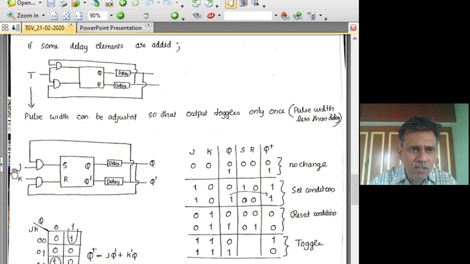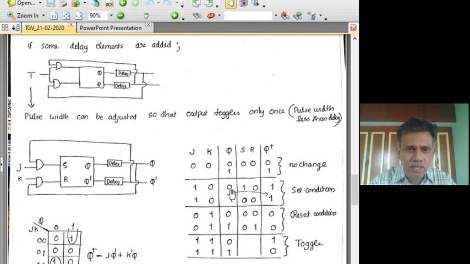Now what will happen when J is 1, K is 0? Again, we have to look at the two possibilities. What was the original state of this latch, Q? It could have been 0 or it could have been 1. So we will analyze these two input conditions. There are three inputs: one is J, K, and another is Q. Q is also an input, and in turn its complement Q bar is also an input to this whole circuitry. Since we know Q and Q bar are complements, it is enough if we take one and derive the other from it and make use of it.